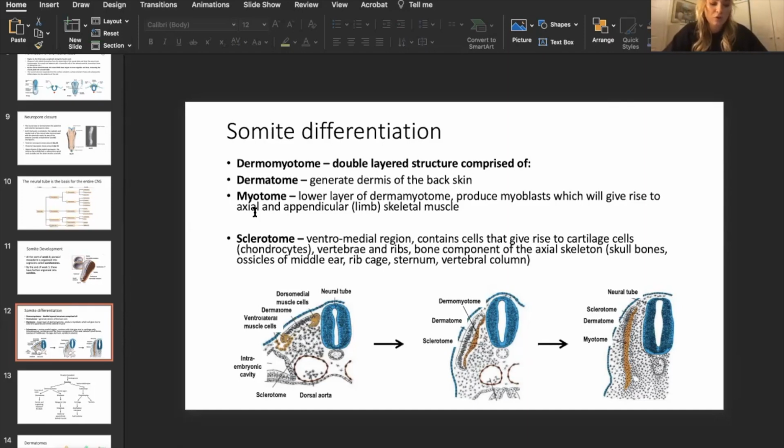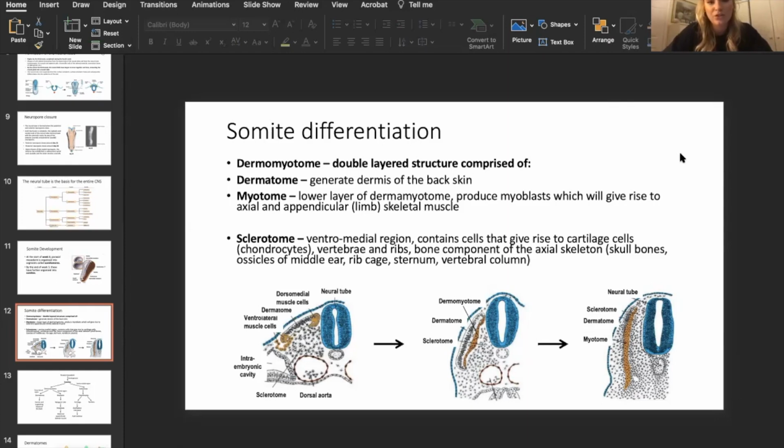So it's essential for correct segmentation, bone and muscle development, as well as creating the correct template for the nervous system. So the different cell types include the dermomyotome, and this is a double layered structure, comprised of both the dermatome and the myotome. So again, self-explanatory, if you just remember dermomyotome, you remember the 2. The derma, like in skin, generates the dermis of the back, and the myotome is the lower level of the 2 layers of the dermomyotome, and it produces the myoblasts, which give rise to the axial and appendicular